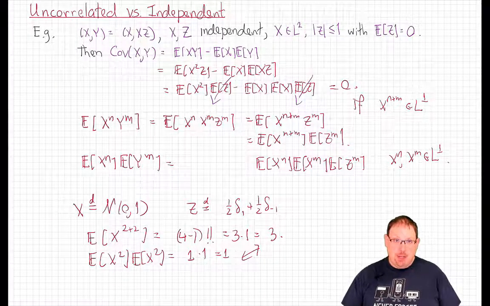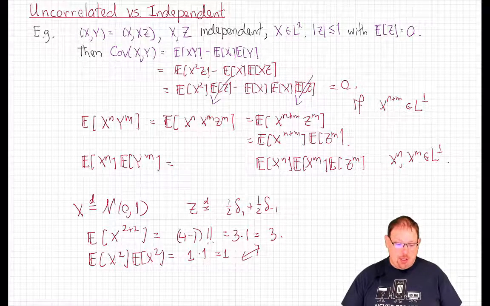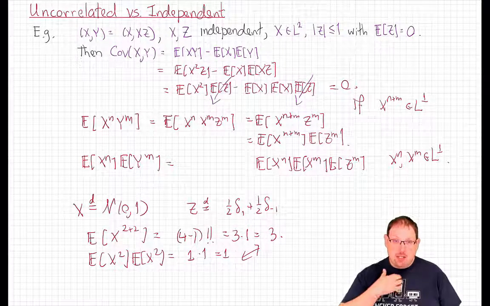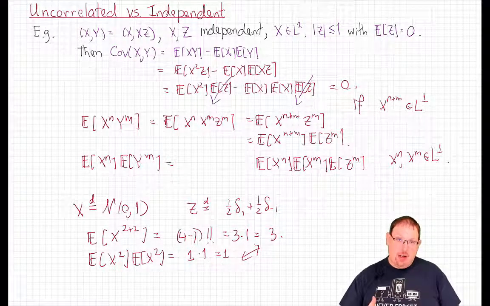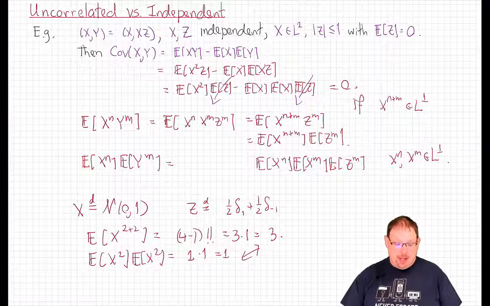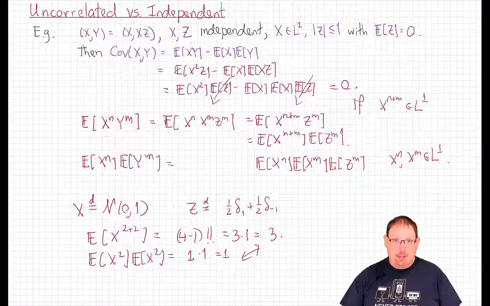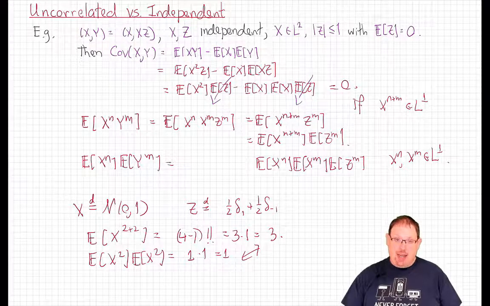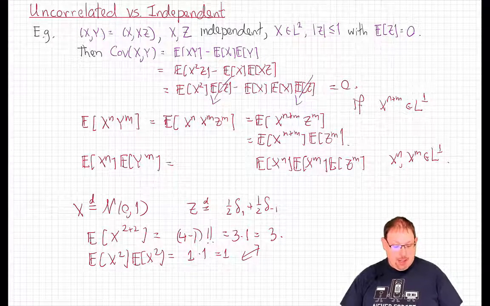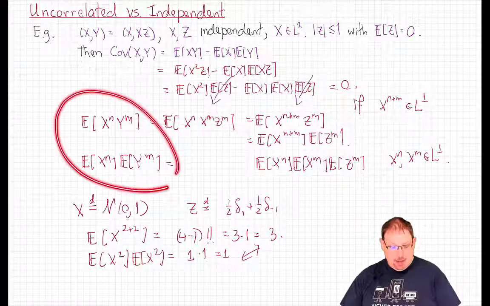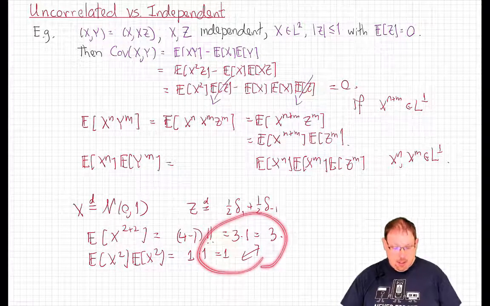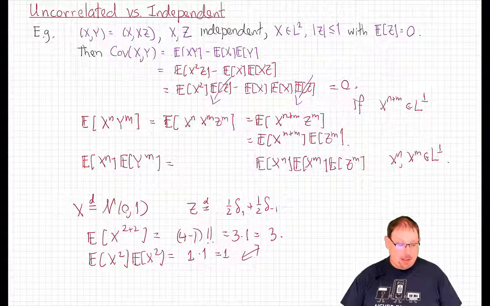Well, we have a theorem which tells us one of many equivalent formulations of independence. But one of those characterizations was factorization of expected values when the functions involved are appropriately integrable. If x and y are independent, then x to the n and y to the m are independent by the previous slide. And if x to the n and y to the m are both L1, then those random variables being independent implies that the expected value of their product is the product of their expected values. That failure here shows that these two are not independent. Now, if